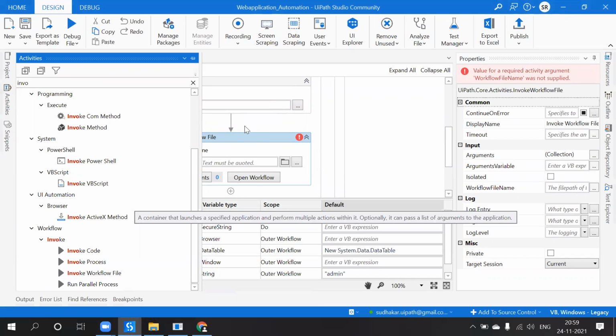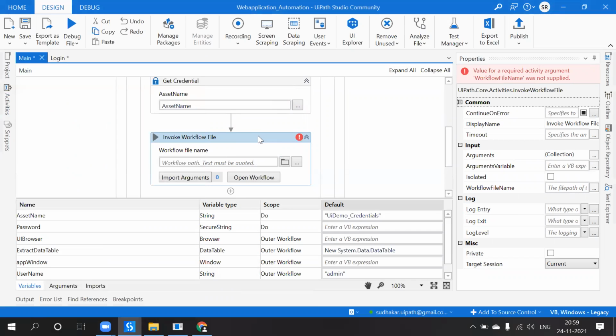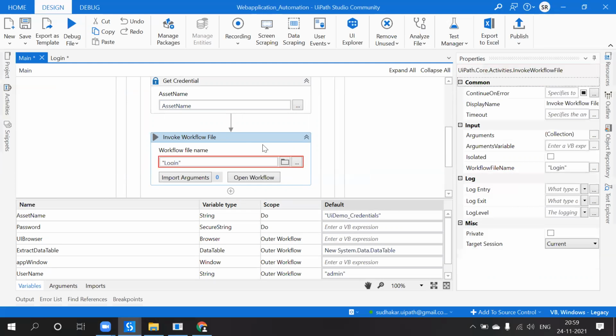Invoke workflow file. So under invoke workflow file, what is this workflow name? Login. Just double quotes, login. Correct, right? So we have to give the name as what is the name we provided here.